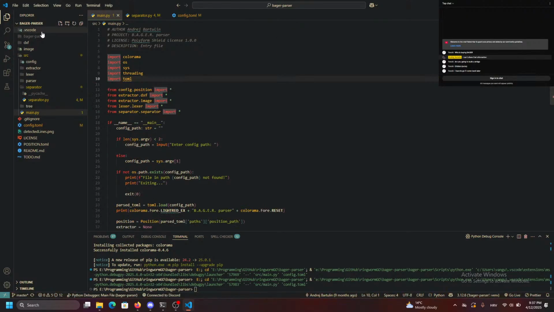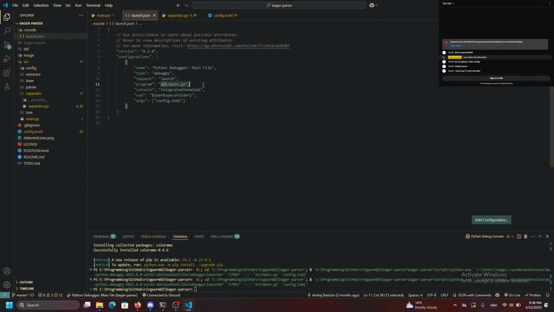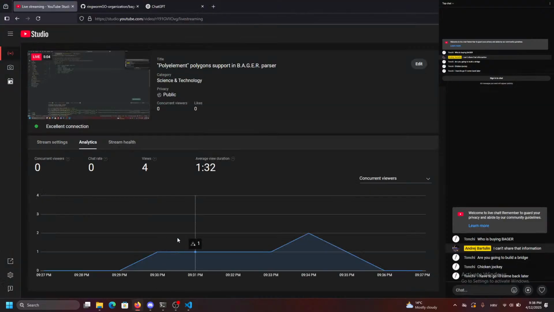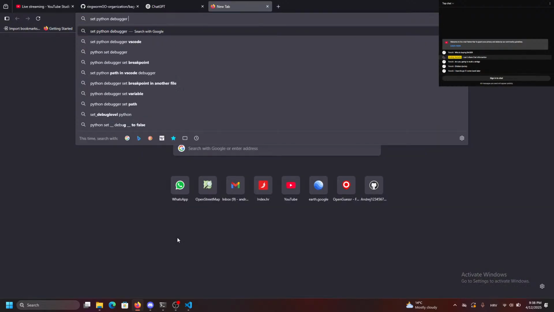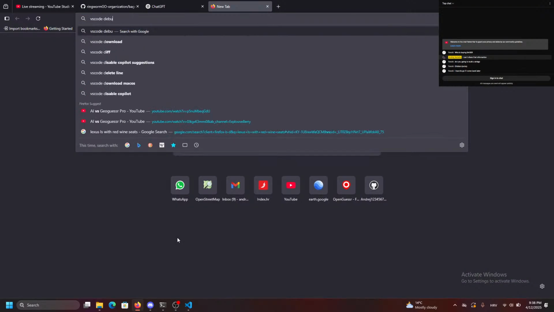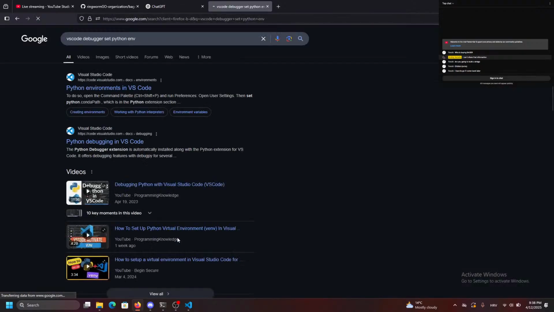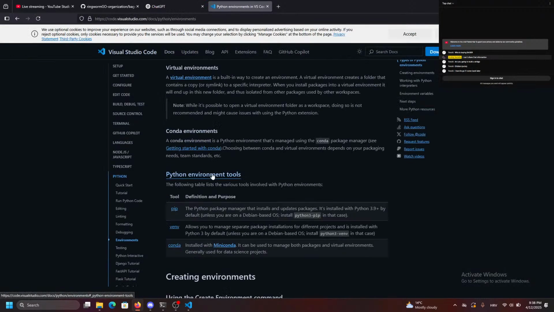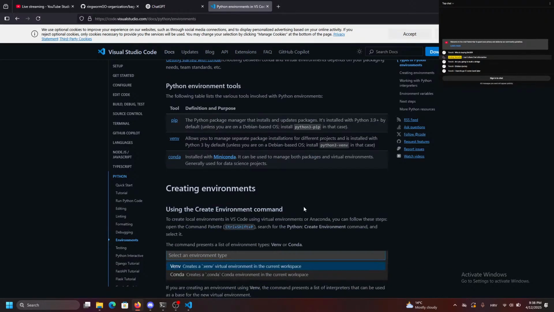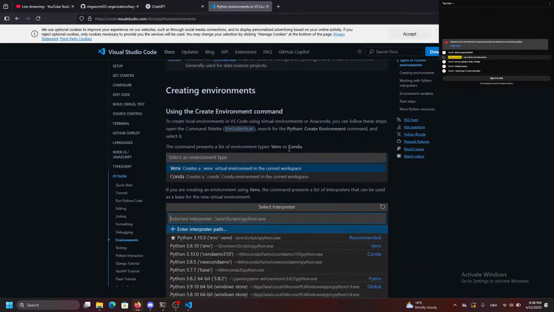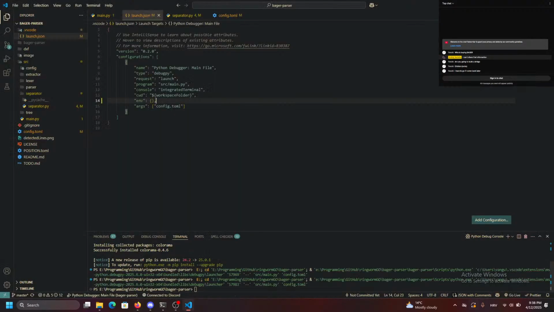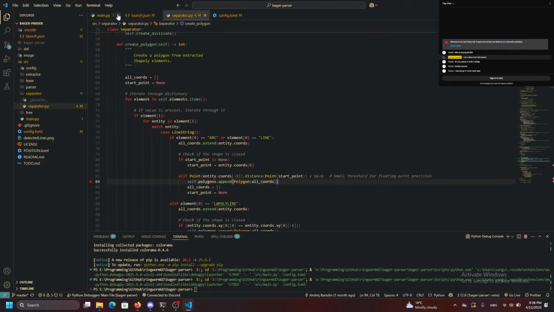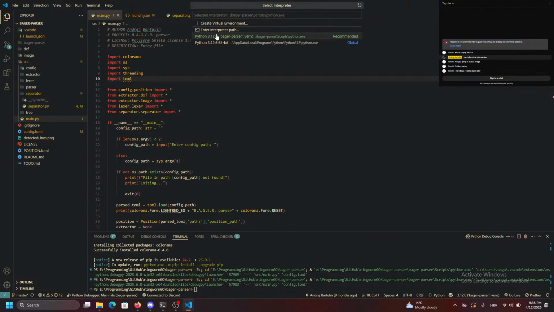Now, maybe it's in the environment. Set Python debugger, VS Code debugger, set Python environment. Using when? Okay, I know how. Okay, I do understand this. You're inside of this, so